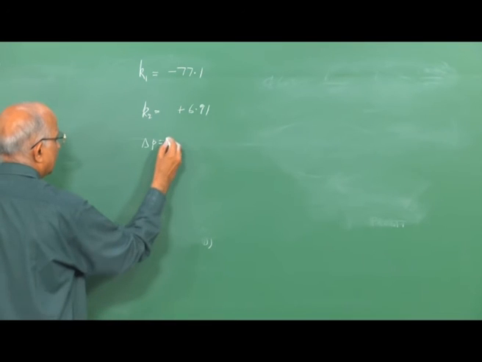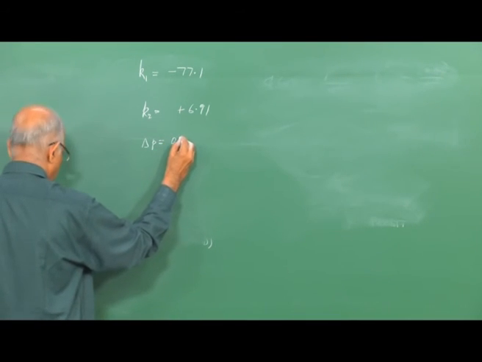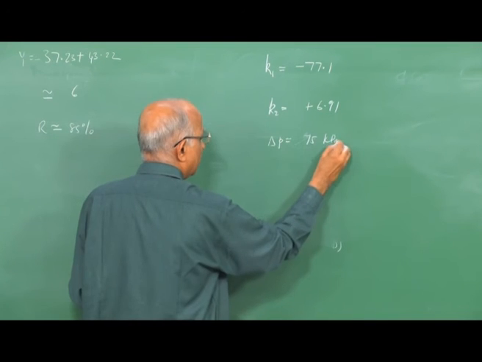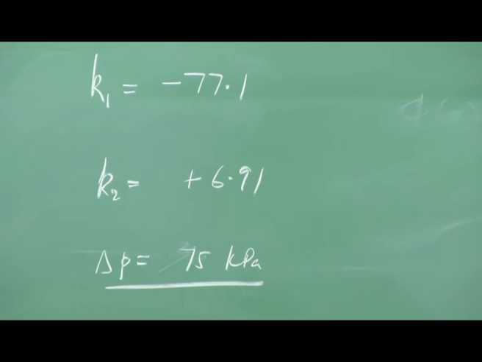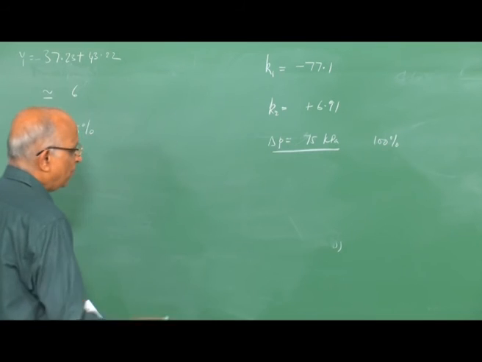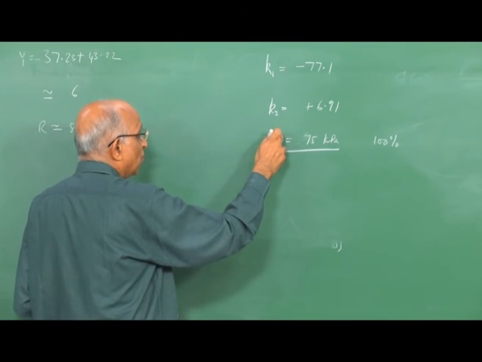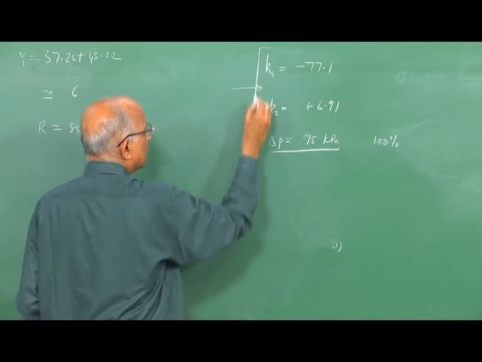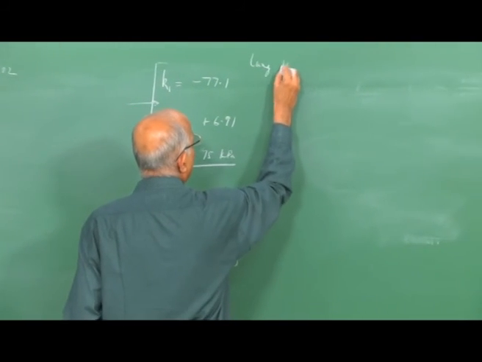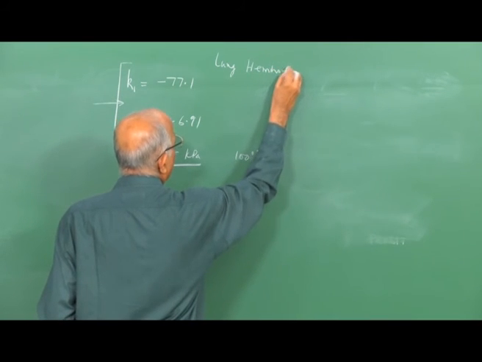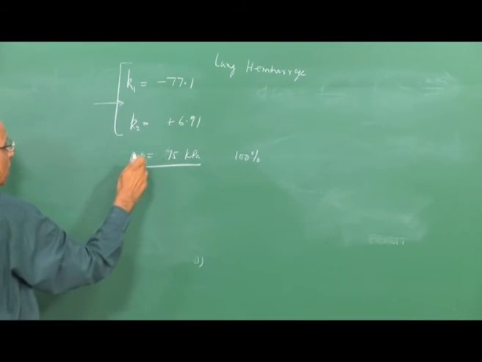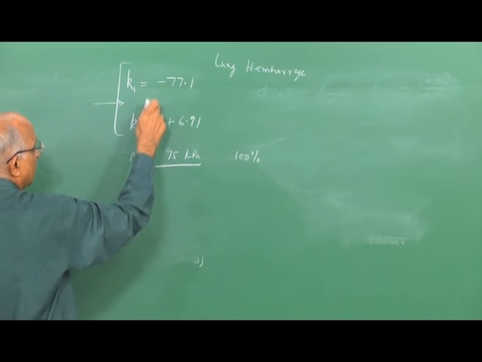delta P of, let us say, 75 kPa, well, this pressure is extremely large. That means all 100% of the window panes will break. But if I were to now say I am looking at this overpressure, and these two probit parameters are for the case of maybe the lung getting ruptured, or let us say hemorrhage of the lung, well, these two parameters correspond to hemorrhage of the lung when I am talking of an explosion and the blast waves causing